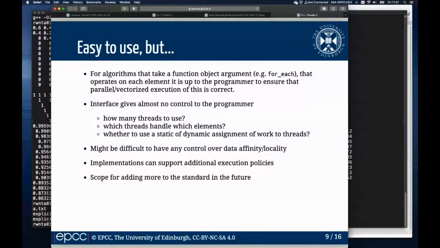And this basically means that if your function object was doing something cheeky internally, like updating some variable at an outer scope to, say, keep track of the number of times it was run or update some other state in the background, that is likely to become incorrect